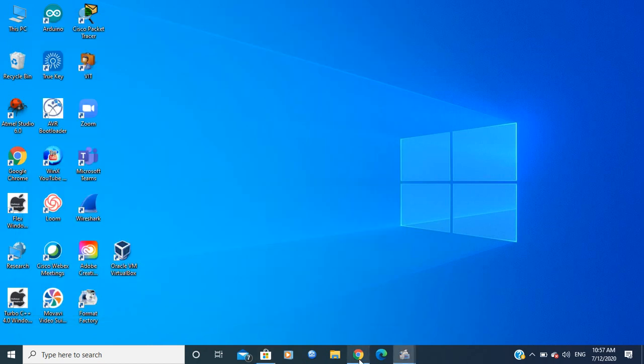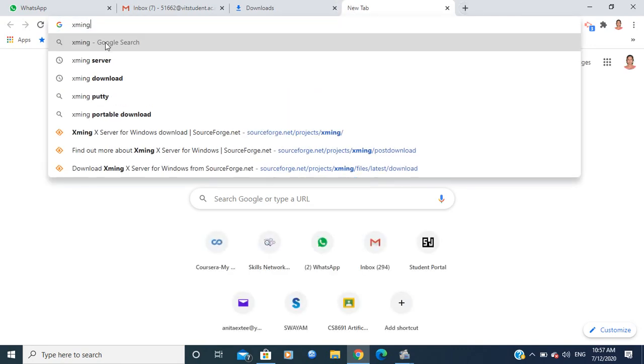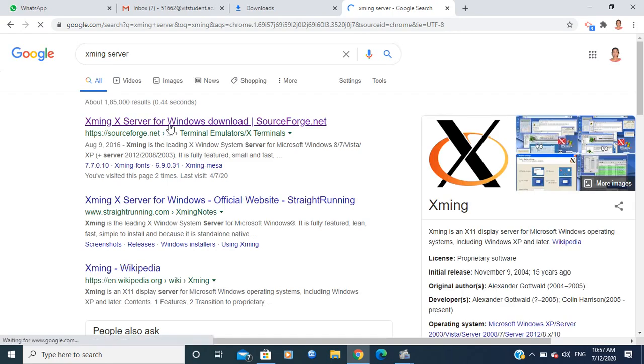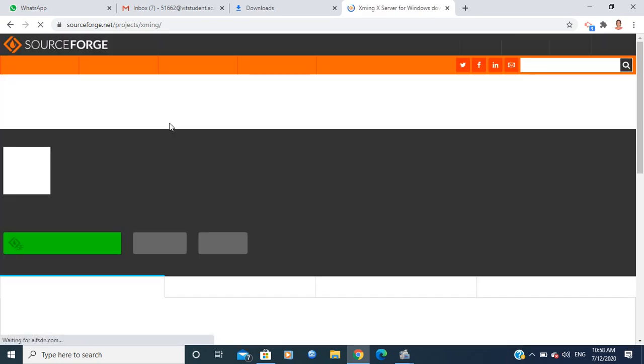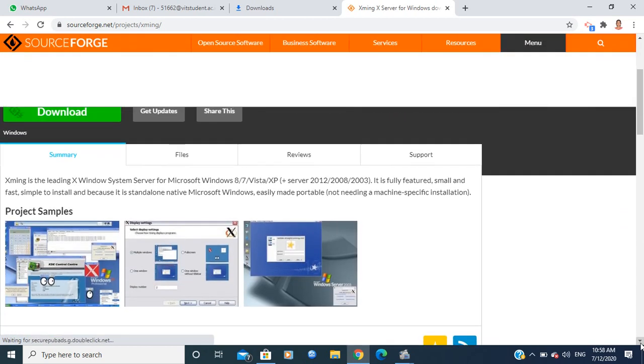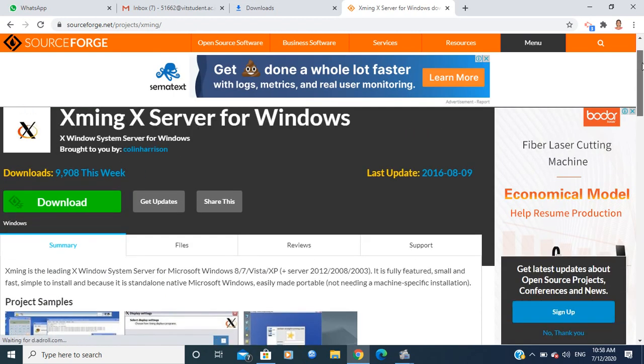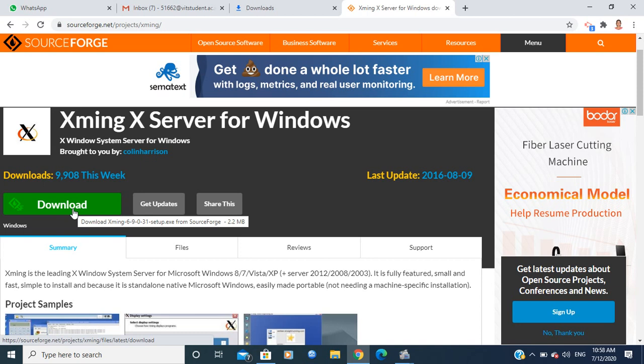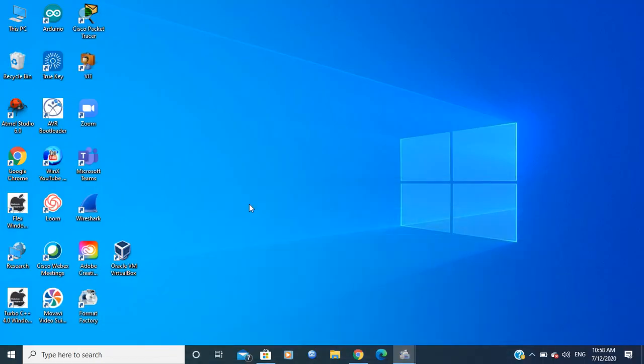Meanwhile, you have to install Xming server for Windows. So here you have to search for Xming. You have to install this. This enables you to have the pop-up options. So from Ubuntu you can access the editor and so on, a GUI based environment. So you can download this and it can be easily installed, right?